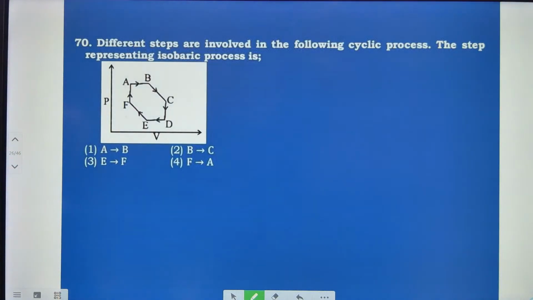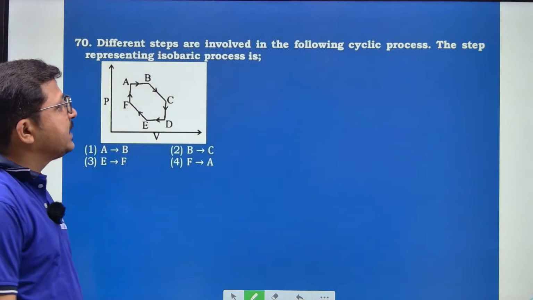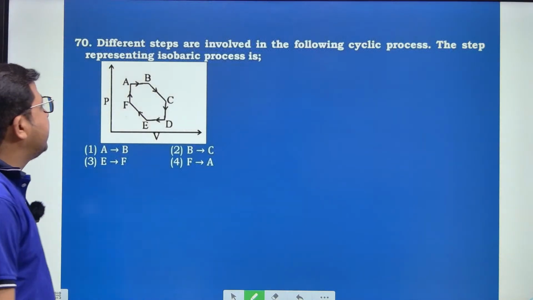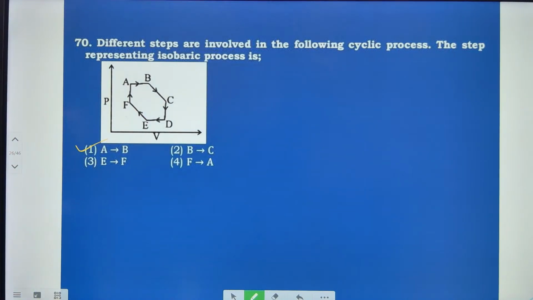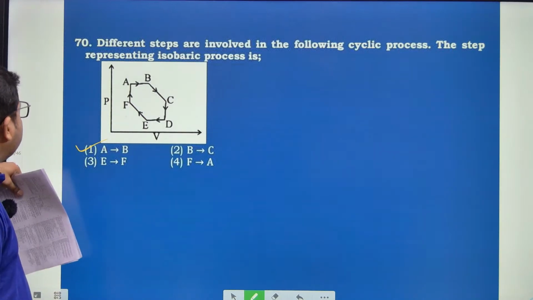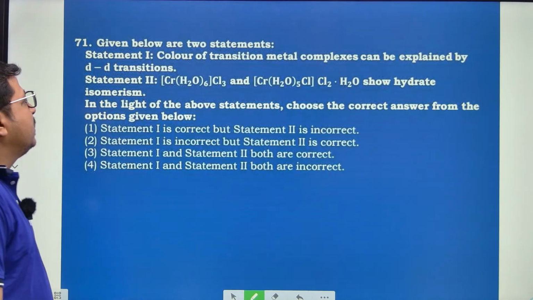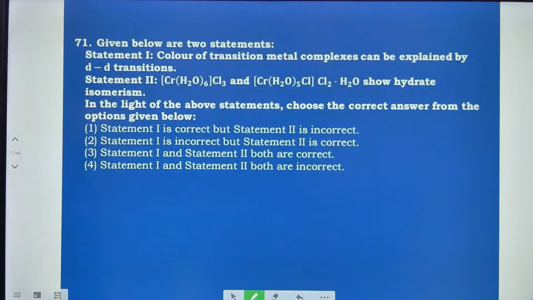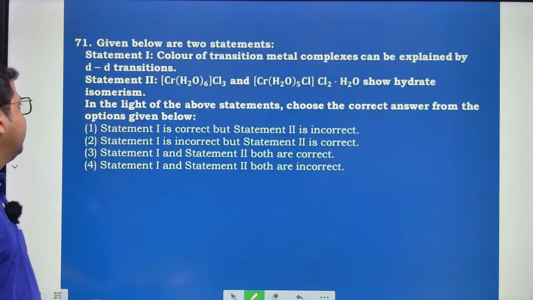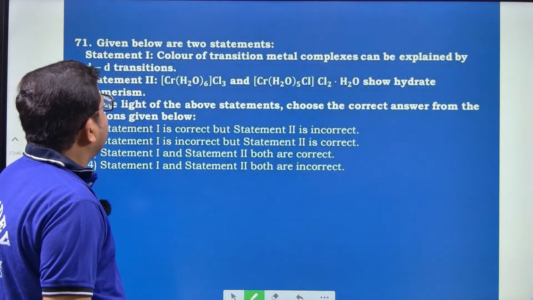And the different steps are involved in the following cyclic process. The step representing the isobaric process is step A to B, which follows the isobaric process, because in an isobaric process pressure will be constant. And here also they have given two statements. Statement 1: color of the transition metal complexes can be explained by d-d transition. Yes, exactly. And statement 2 is